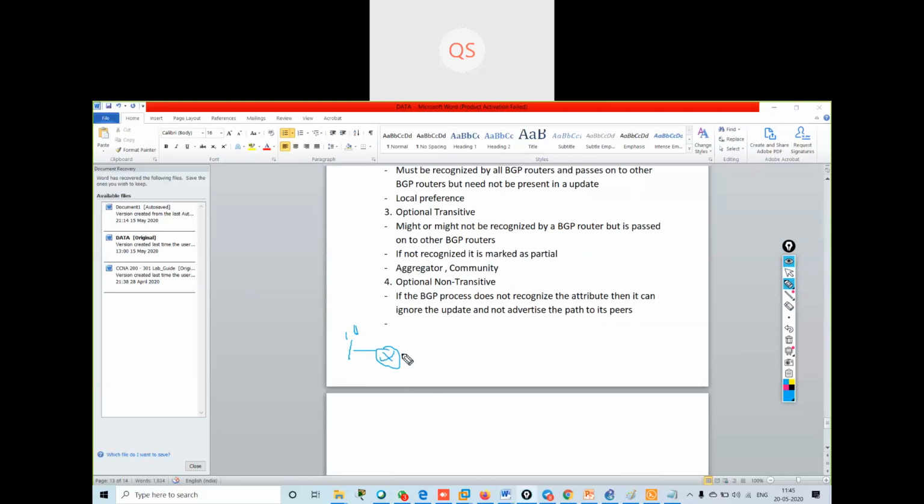If I'm using optional non-transitive, then the 10 dot network will be advertised to the next router, but this router will not forward the advertisement to any other neighbor. This is optional non-transitive.